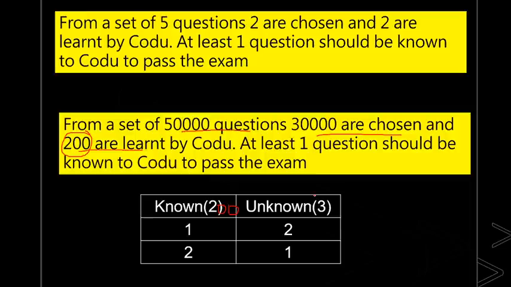Okay. So think about it a little. How else can I approach this problem? See, instead of calculating the probability of passing, I can calculate the probability of failing, right? What do we know? Sum of all probabilities is 1. I've already told you this. Sum of all probabilities is 1. So, probability of passing plus probability of failing is equal to 1, right? So, I'm going to calculate probability of failing the exam. Is that clear? Okay. We are going to calculate probability of failing the exam.